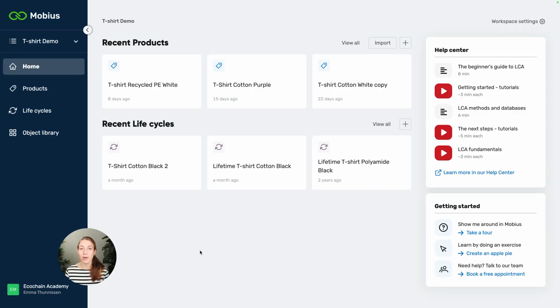I'm Emma and I'm going to show you how you can split your product model up into different phases using the module functionality. This can be super useful because it can provide you with quick insights in what phase of your production, for example, is causing the most impact in different impact categories. Normally this could require a lot of Excel manipulation, so it's really nice if you can get the data out